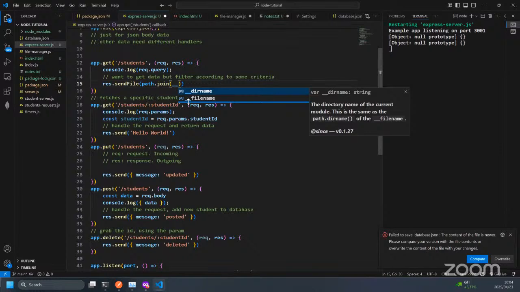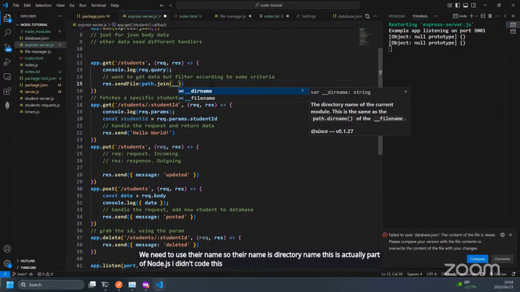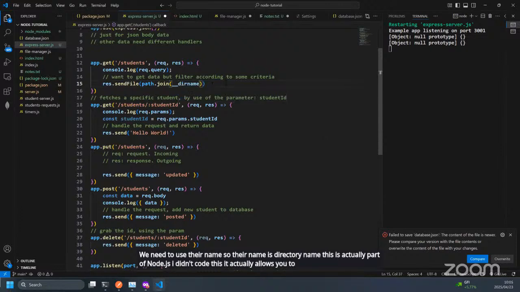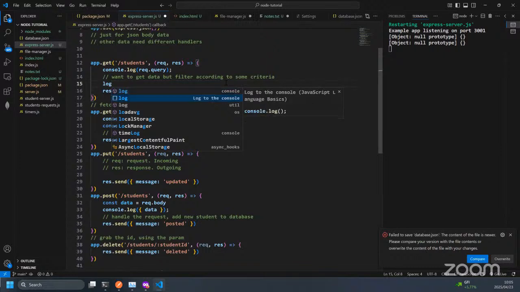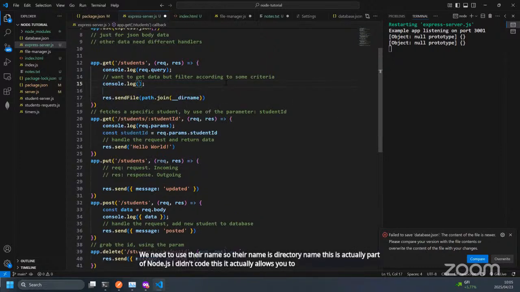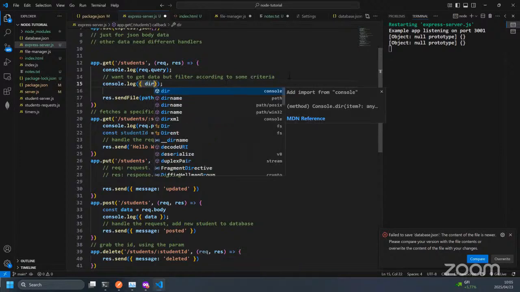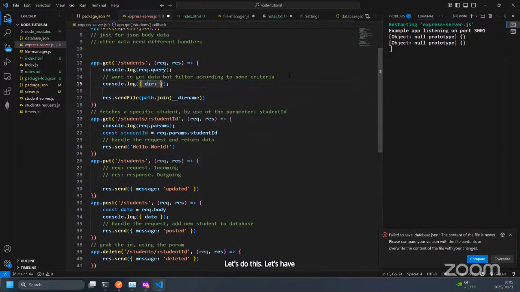We need to use their name. So their name is directory name. This is actually part of Node.js. I didn't code this, but it actually allows you to, let's do this. Let's have their name over there. Then